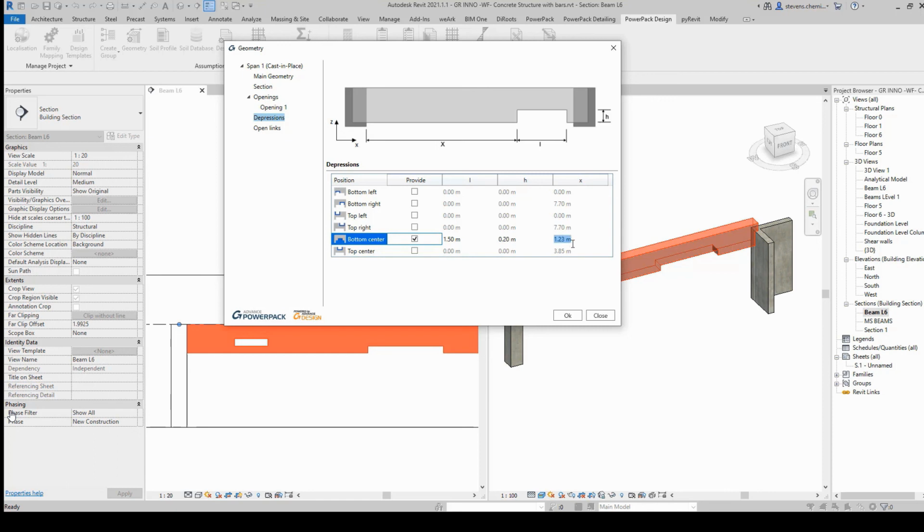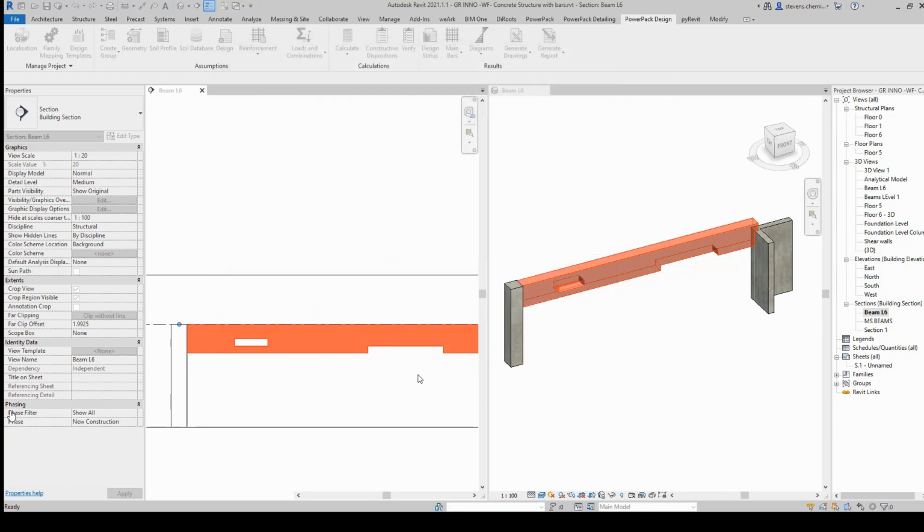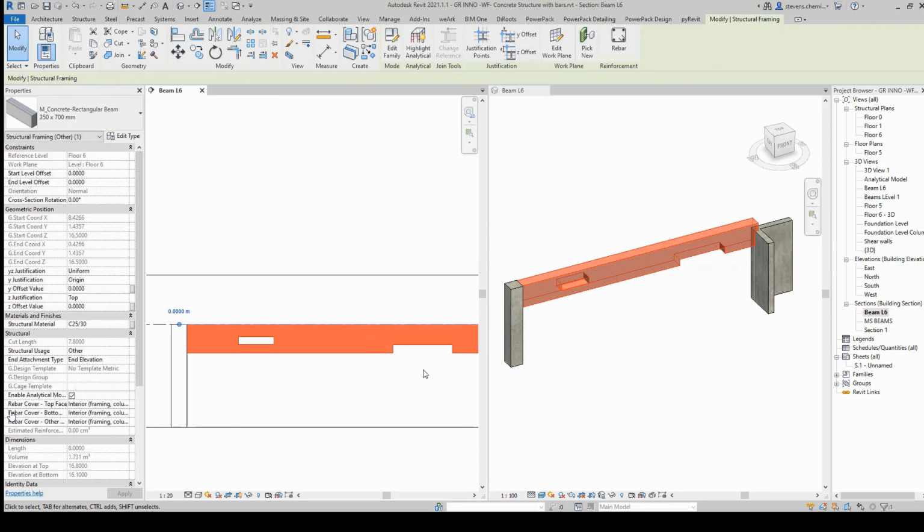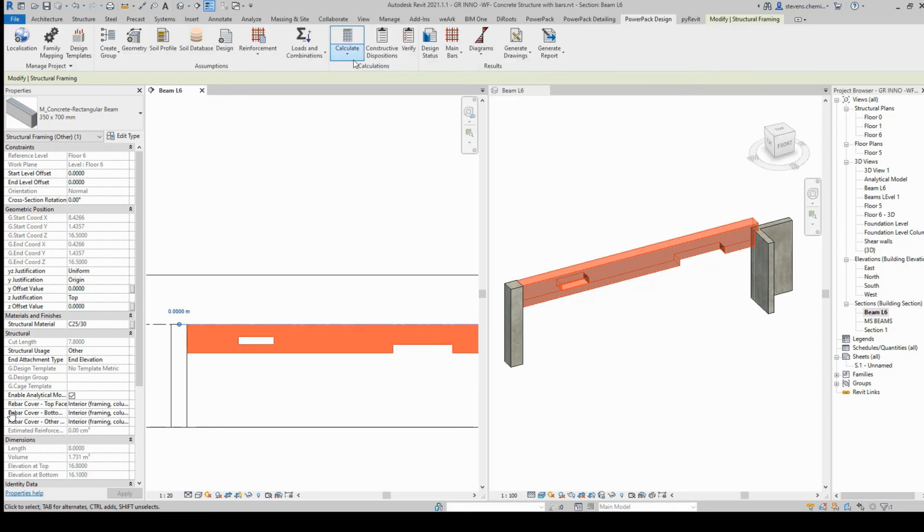So starting from a simple beam, you can customize the geometry with some native Revit commands, such as openings by face, and you can drive the geometry of those openings with our PowerPack command, especially the geometry command, which enables the user to master the dimension of openings and depressions.